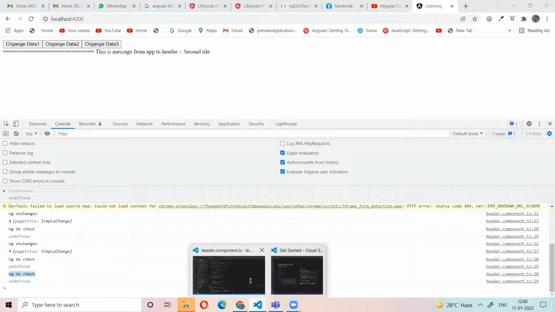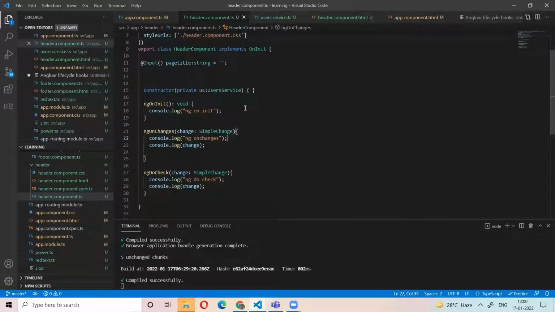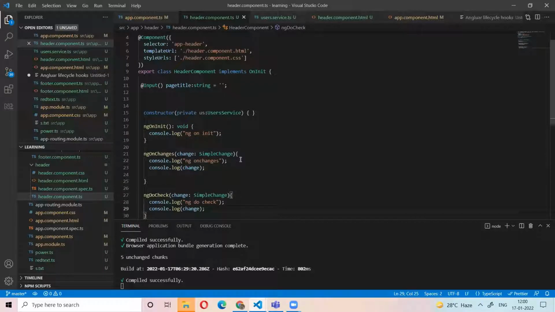So till now I explained three life cycles: ngOnChanges, ngOnInit, ngDoCheck. ngOnChanges will note if any data is loaded or any data is binding. When the application is loaded and the class is initialized, ngOnInit will load.